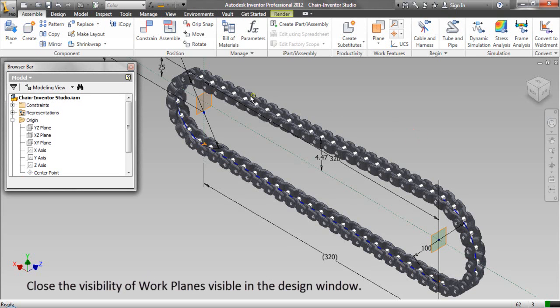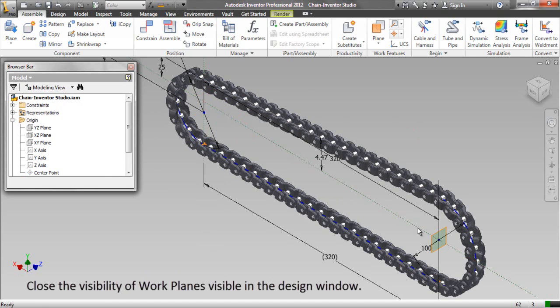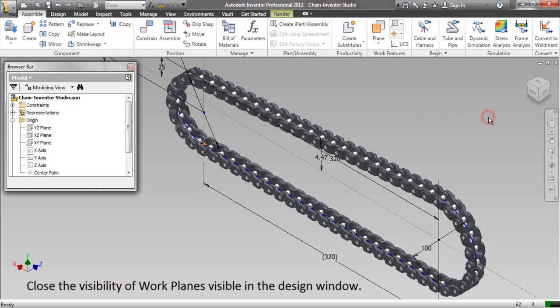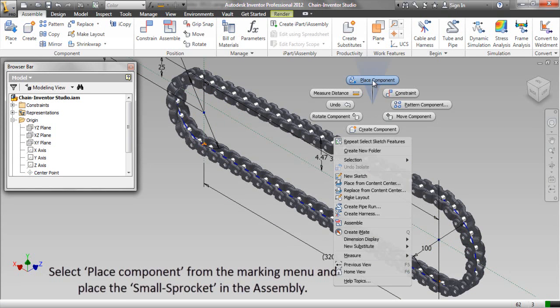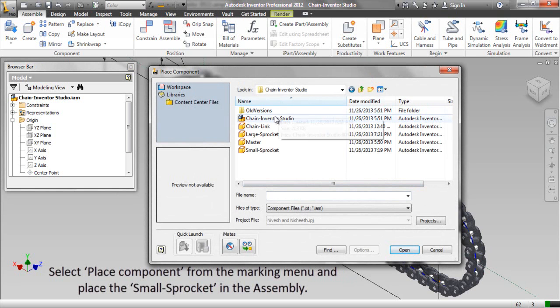Close the visibility of work planes visible in the design window. Select Place Component from the marking menu and place the small sprocket in the assembly.